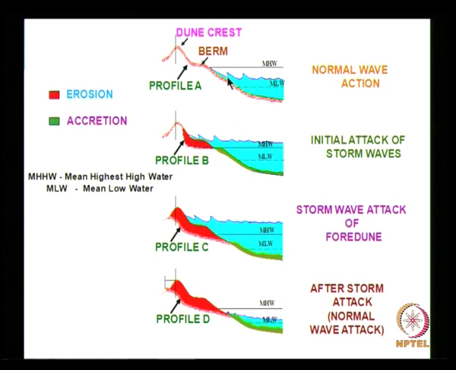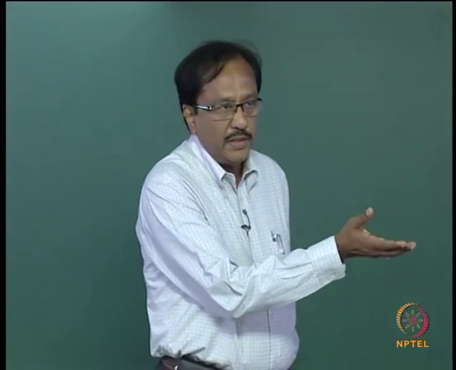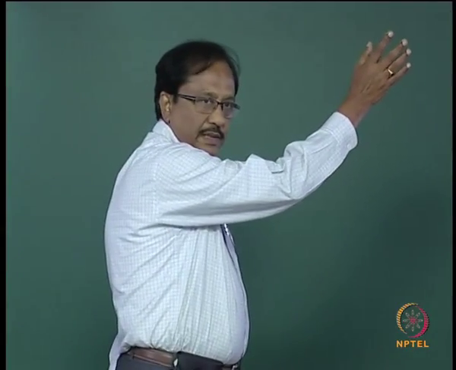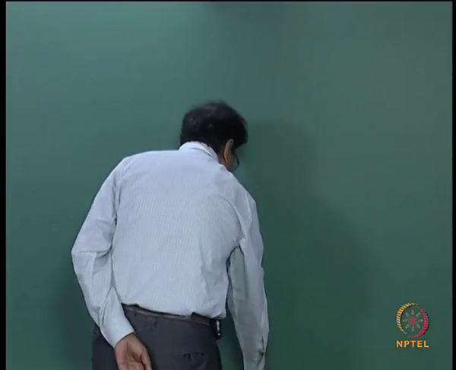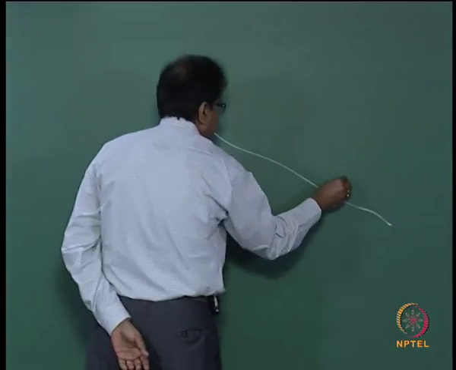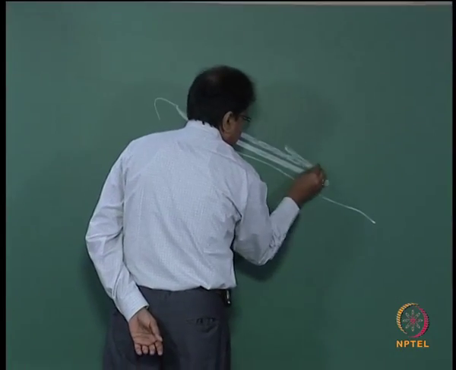So once the wave is breaking here, then you have the uprush. The same thing when there is a mean high water, it will be breaking somewhere here, and then after that you have the run up. So some amount of sand will be removed and transported, and then it will be brought back. Over the beach, there is sand which is going up and again coming back.